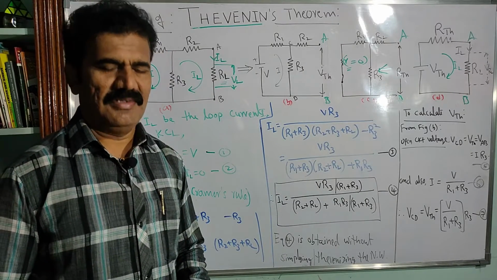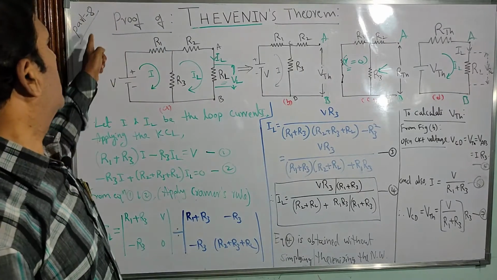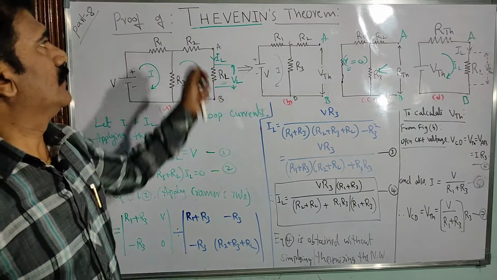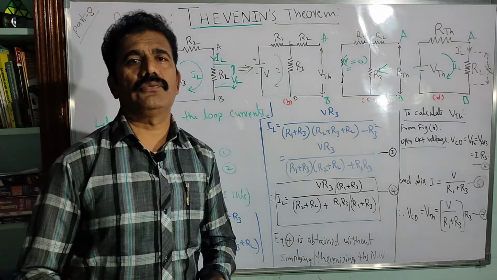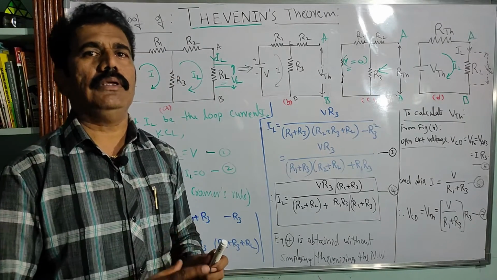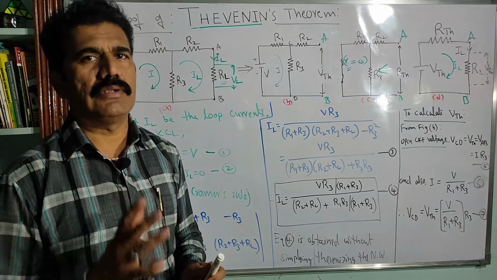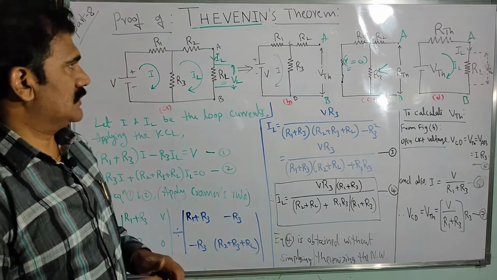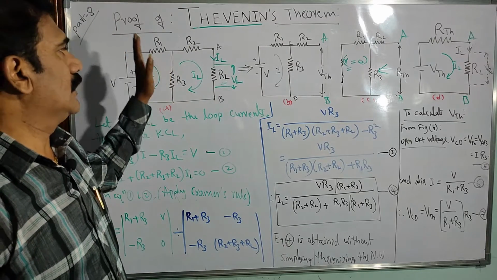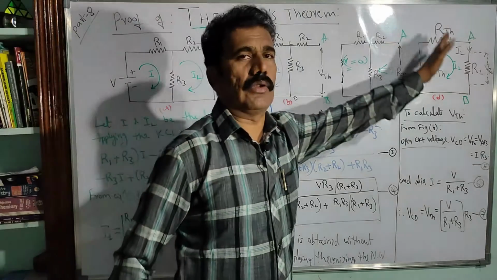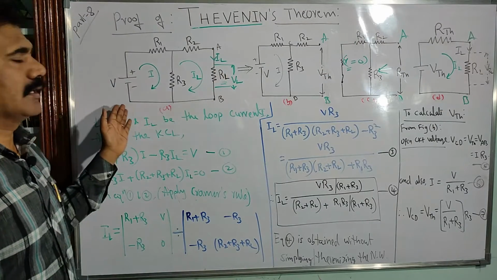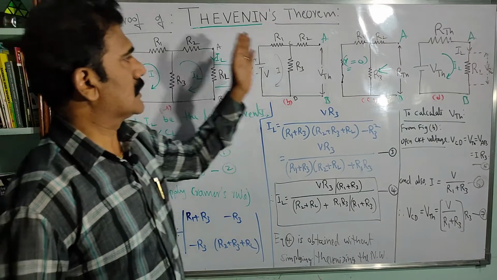Hello students. So now in this video part number 8, let us discuss the proof of Thevenin's theorem. In the last video I told how a given complicated network can be simplified according to Thevenin's theorem, right? So in 4 steps we can reduce the given complicated network into a simplified network. The same figure I am considering here. So this is the complicated network in figure A.